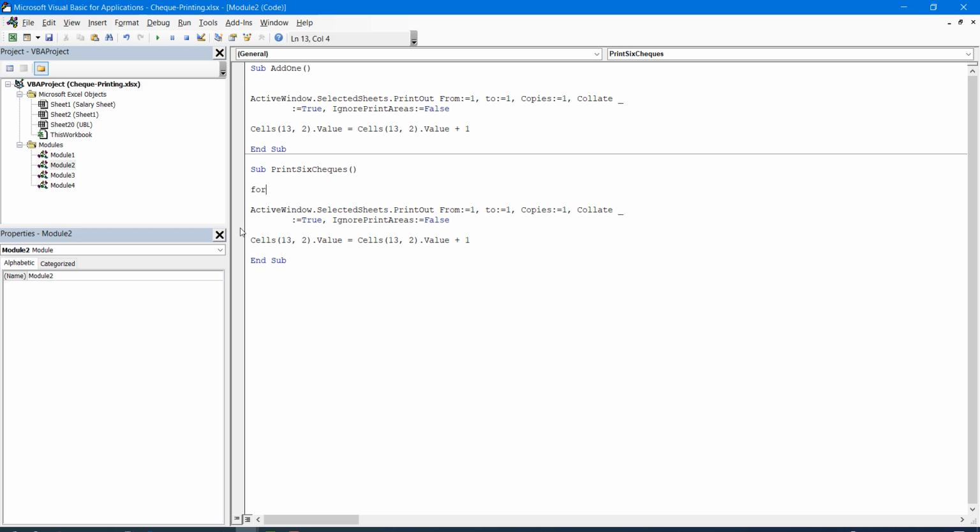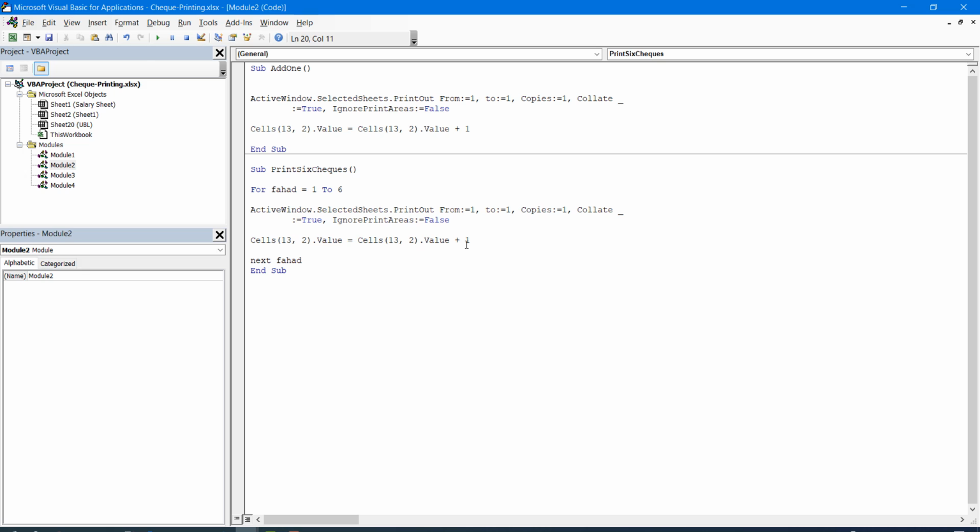So for Fahad is equal to 1 to 6, and before the end of the macro, I'm adding 1 to Fahad. So next